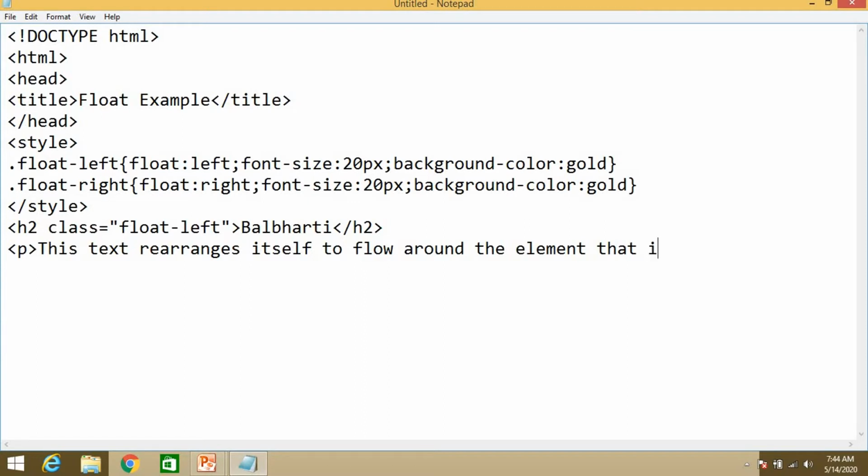That is floated left. Just close this paragraph tag.